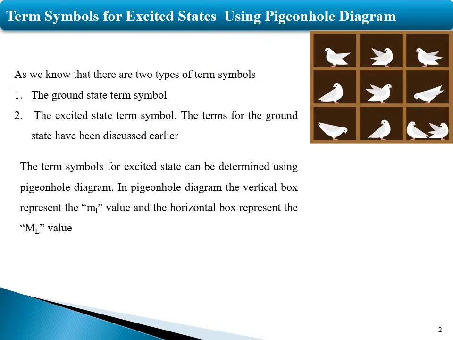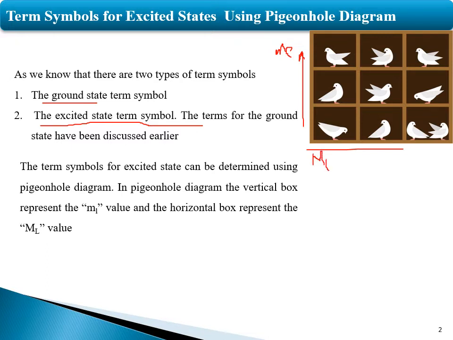So today the topic of our discussion is how to construct a pigeonhole diagram and how to derive term symbols by using a pigeonhole diagram. As you know, we have two types of term symbols, the ground one and the excited one. The term symbols of the excited state can be determined using a pigeonhole diagram, where the vertical axis represents the small ml value